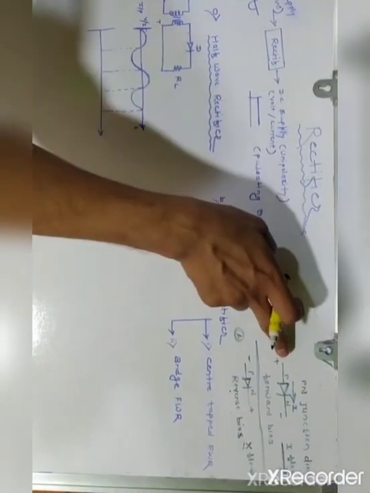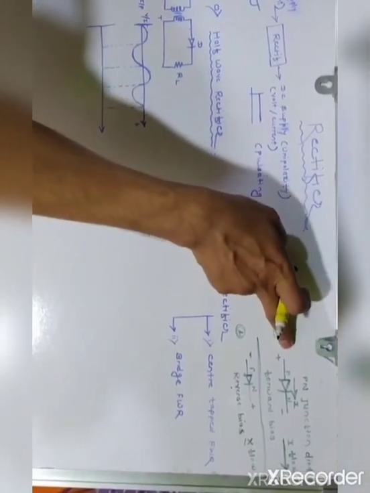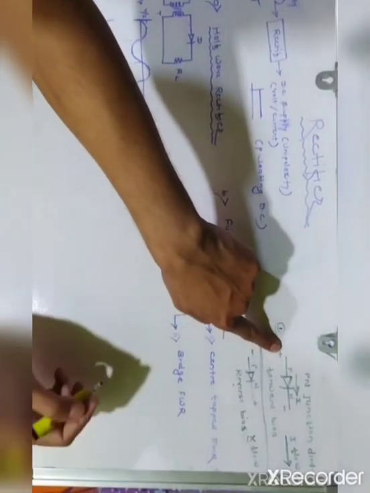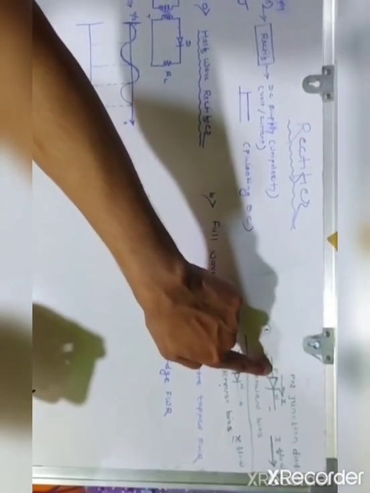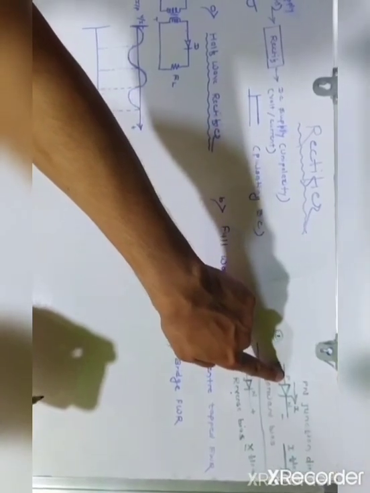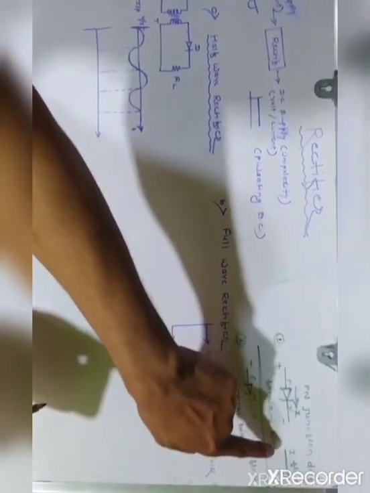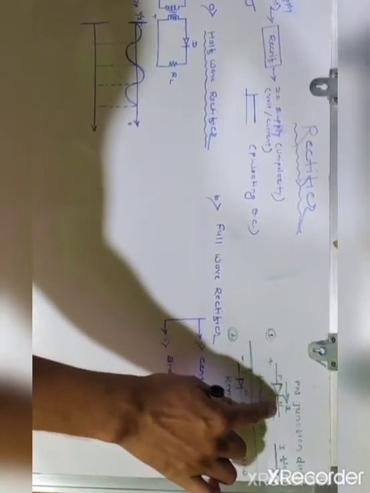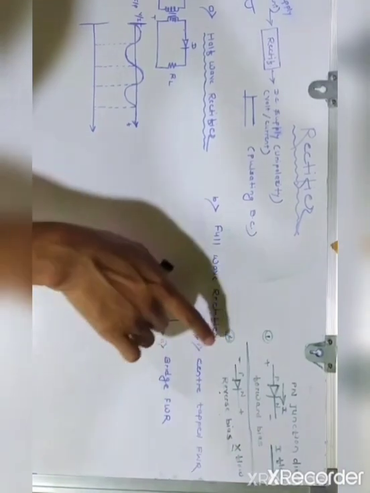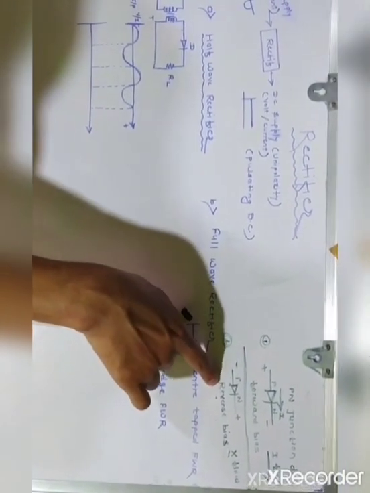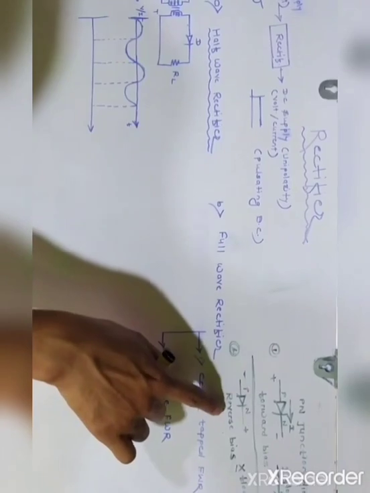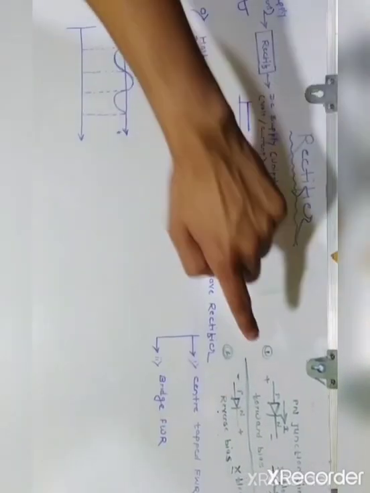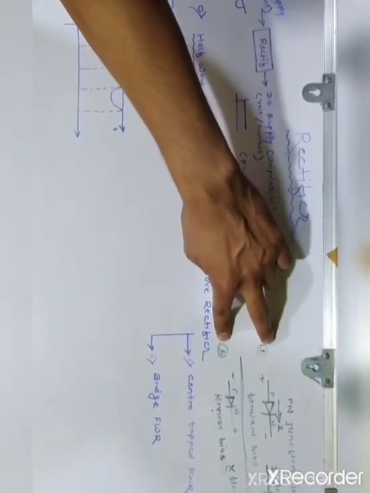When the diode is in forward bias condition, that means if the positive terminal of the battery is given to the P side, it is in forward bias condition, and there is a flow of current through the diode. The diode conducts. When the negative terminal of the battery is connected to the P side, the diode is in reverse bias condition. There is no flow of current. It does not conduct. These two conditions are very important. You must know these two conditions.